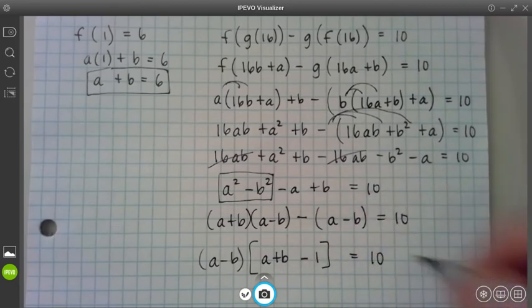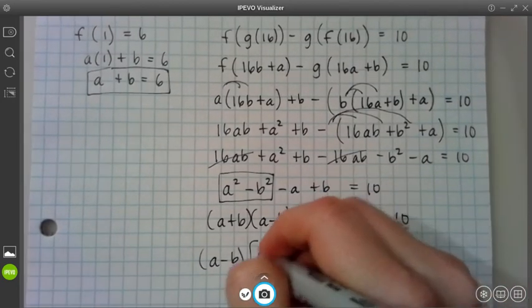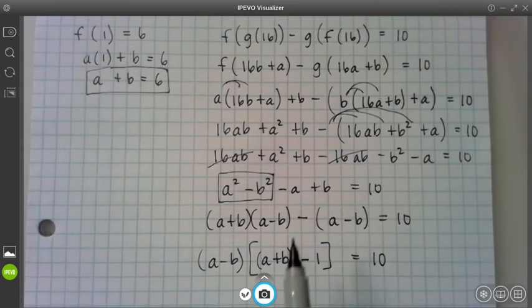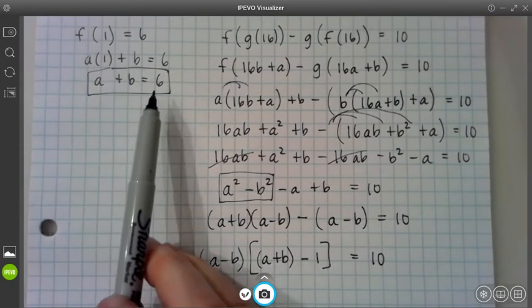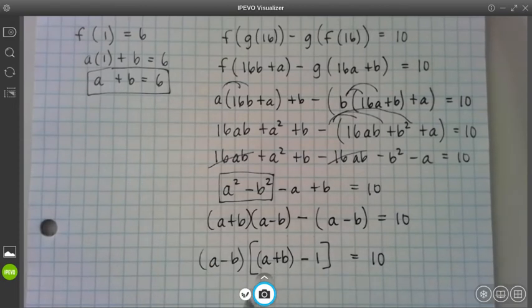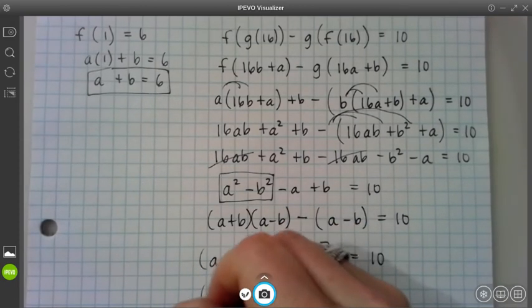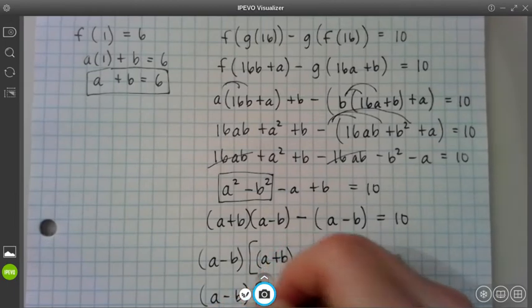And that equals 10. So now, whether you leave this in parentheses or not doesn't actually matter, because now we already know what a plus b is equal to. We already know that a plus b is equal to 6. So I can plug that in right there. So now I'm left with a minus b times